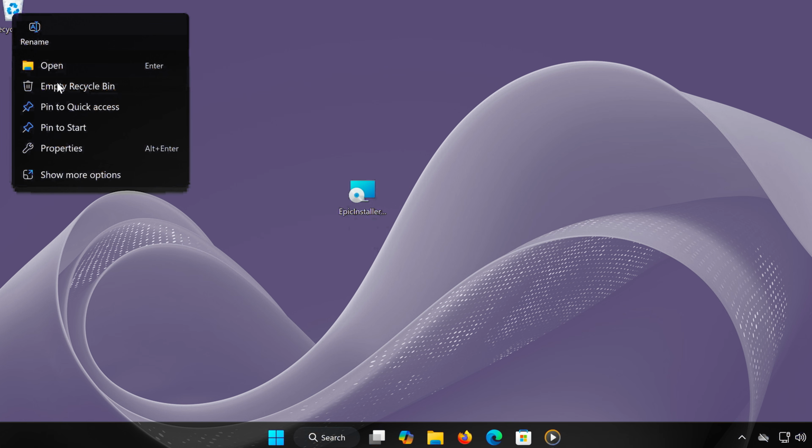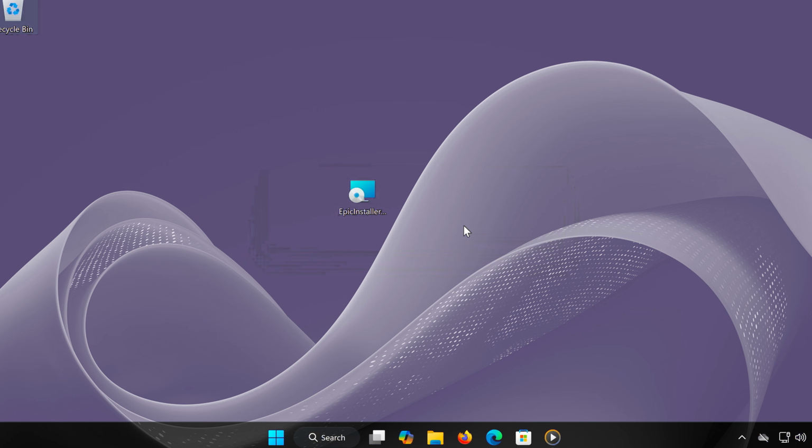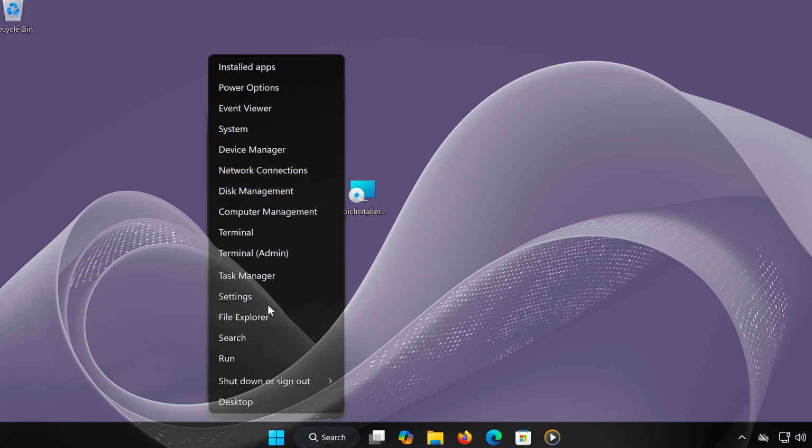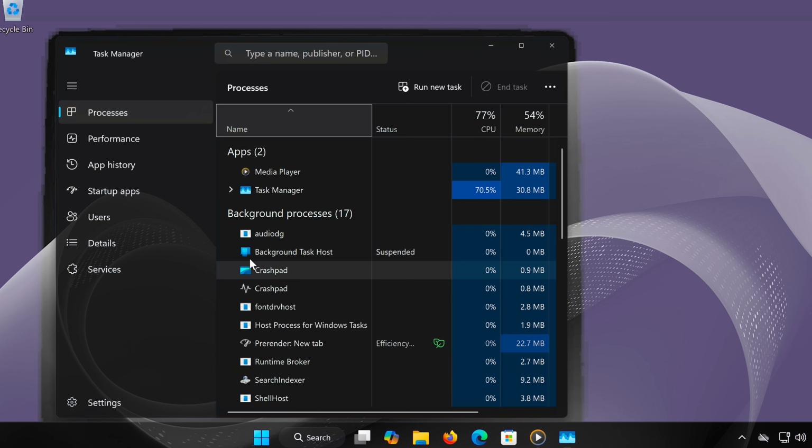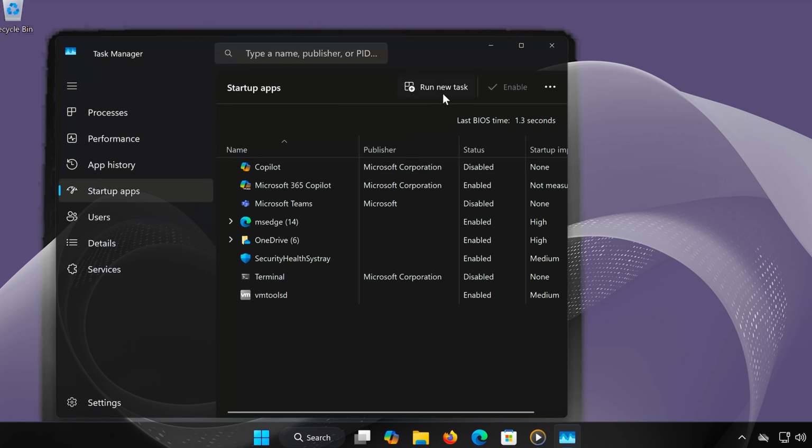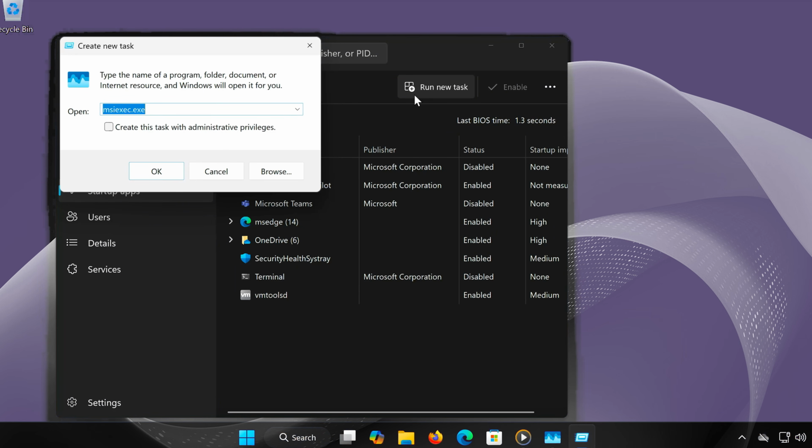Step 2. Use Task Manager to run the installer. Now, let's make sure the installer runs correctly. Right-click on the Windows Start menu and select Task Manager. Click on the Startup Apps tab. Click on Run New Task or Create New Task. In the New Task window, type the following command exactly as shown,